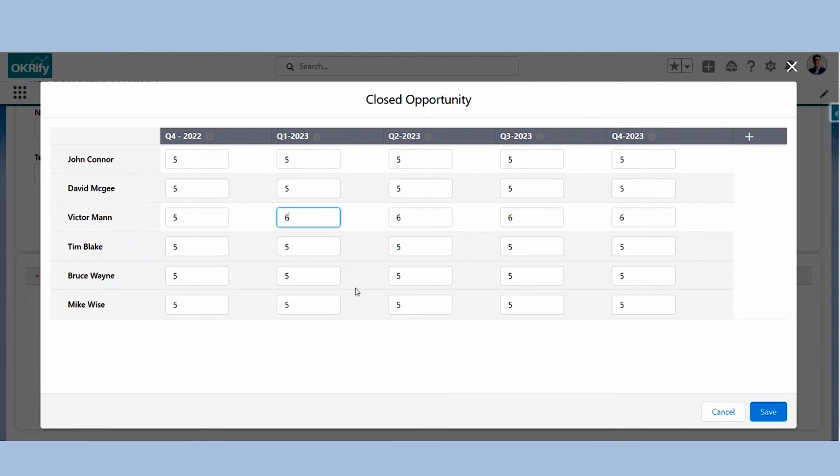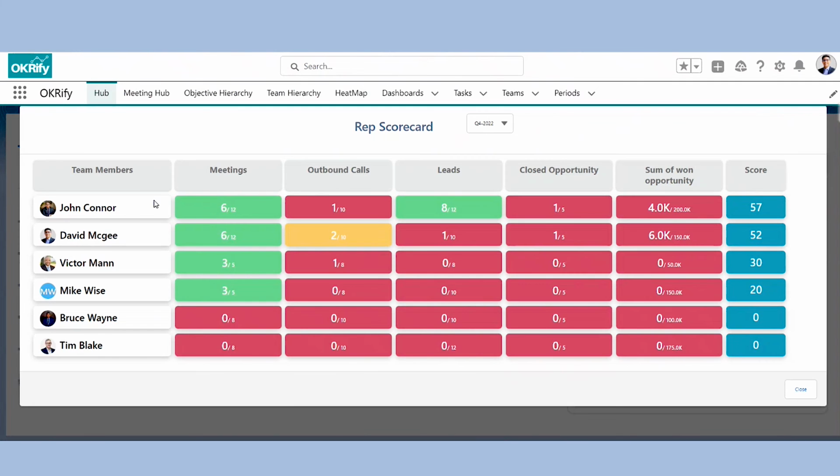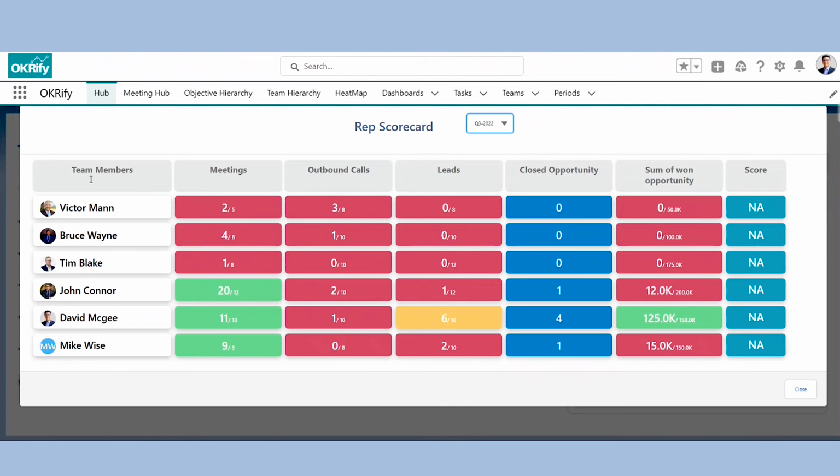So this gives a really flexible and easy way to manage targets based on user and period. Okay. And if you go back, you can also look at the leaderboard. So here you can look at all the different users, how they are progressing against each of their targets, and it automatically calculates the overall score just to tell who's doing better. You can also see historical information, the same metrics you can see for the users for previous periods also. This way, it really gives an easy, quick way to assess performance for all the team members for multiple KPIs